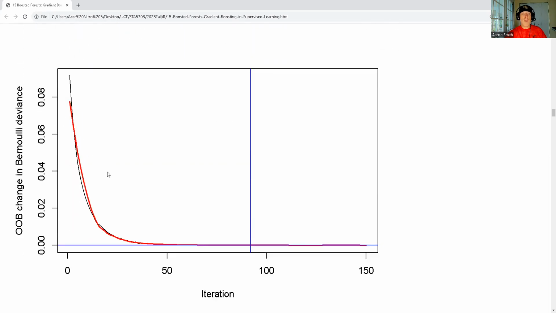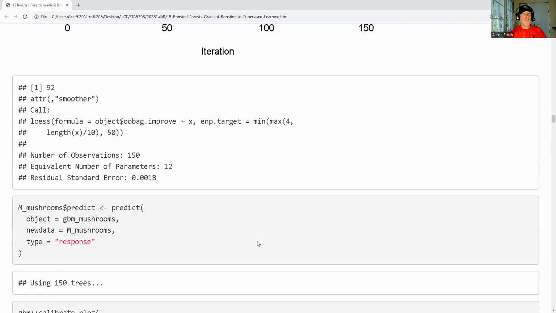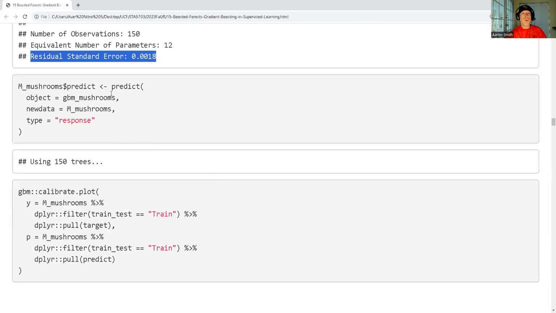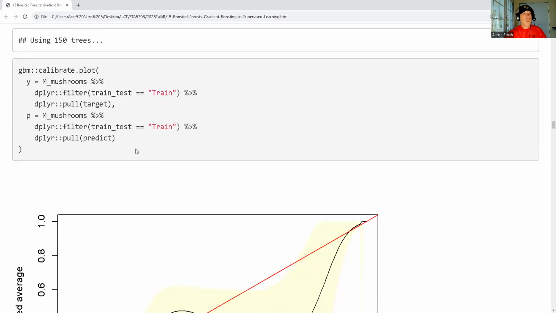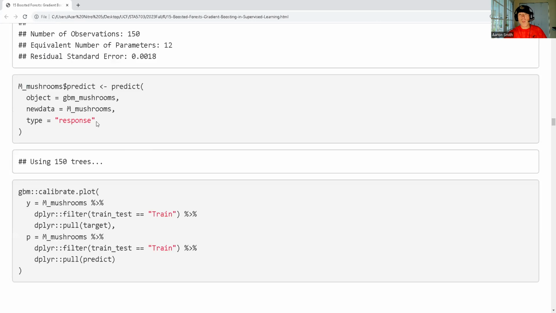Here's using out of the bag. And we see, yeah, I think 100 probably would have been good enough instead of 150. So here's the equivalent number of parameters, it is 12. That's interesting. And here's the residuals of our standard error. Now to get the predicted values, I just have to use the predict function, and we need a type of response because we want to see the actual value that we're trying to predict. And so here, this is basically saying the probability of being edible is the